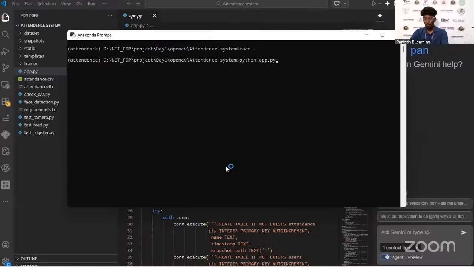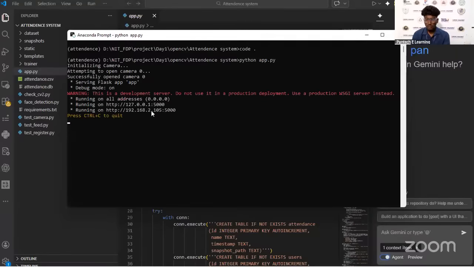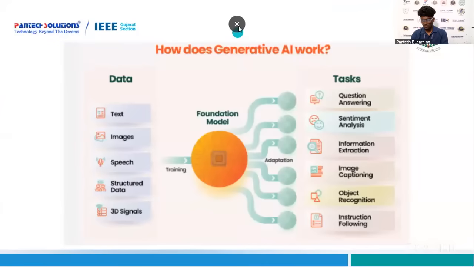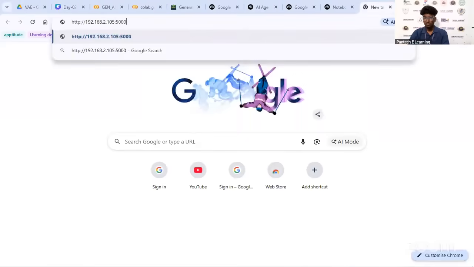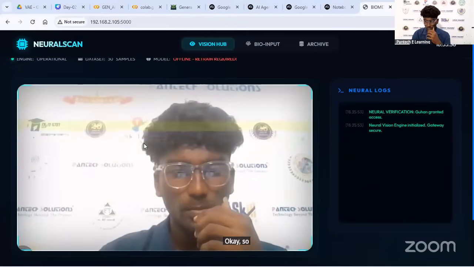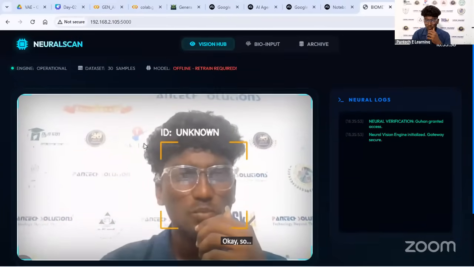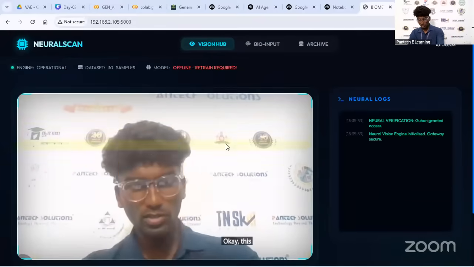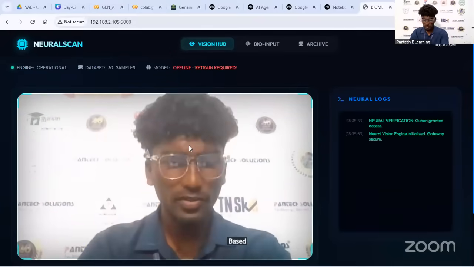Python app.py. So let's copy here, open it. Okay, this is a project based on OpenCV.